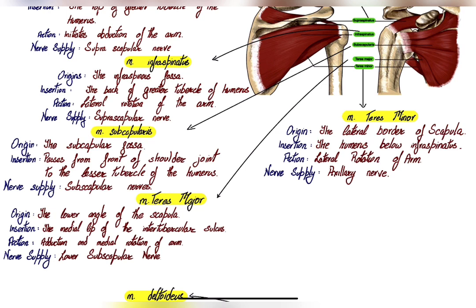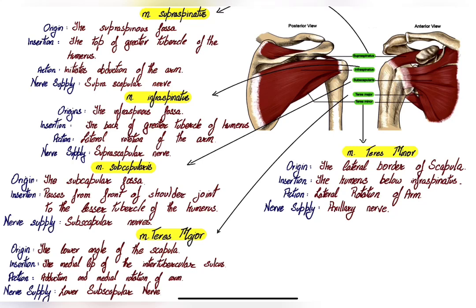of the arm. So the very next muscle that is located below it is the teres minor muscle, which has its origination from the lateral border of the scapula and has its insertion in the humerus below the infraspinatus, which will be somewhere over here. So the nerve supply is the axillary nerve, which is the same as the deltoid muscle, and it has the action of